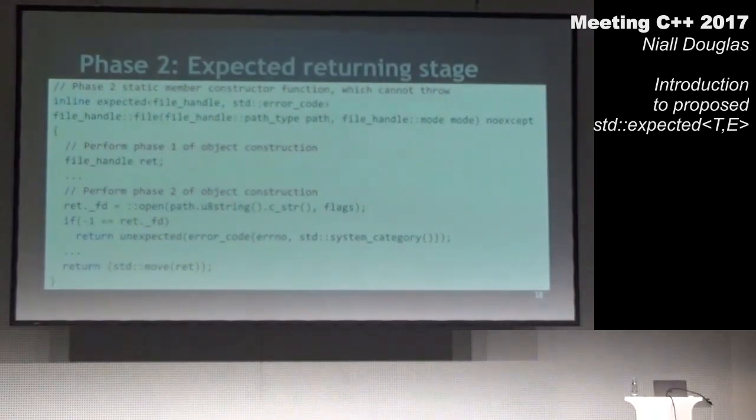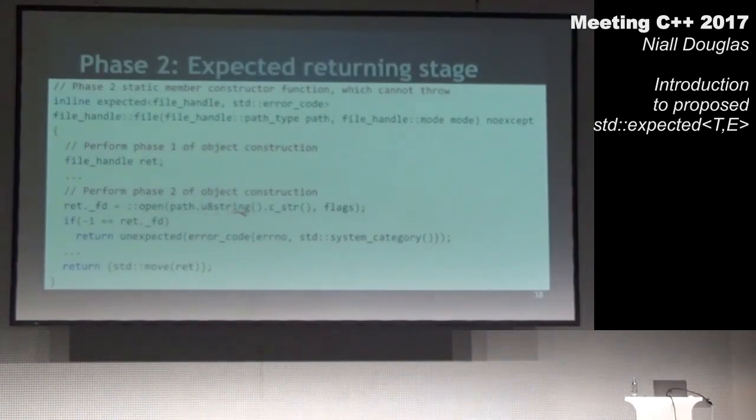So this is phase 2. If you remember, phase 1 initialized the file descriptor to -1 and the stat structure to all bits 0. So here's the exact same thing as we saw earlier. Now we do phase 1, which is simply to construct a file handle. It doesn't have to have anything else because it's a really simple default member variable initialized structure. Phase 2 consists of trying to open the path that was passed through. You can see here it's doing a conversion to